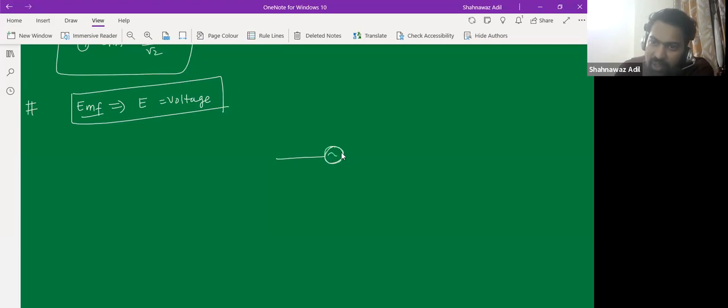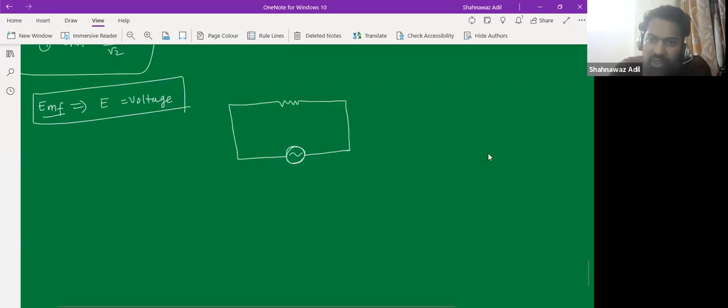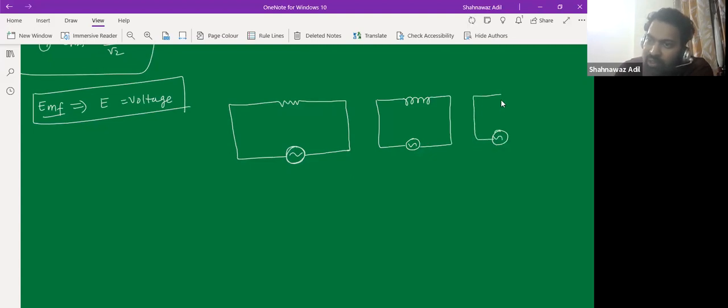If we have this supply voltage and we connect different circuits to it, so I will directly write the result. And if we connect, let's say, inductive circuit, and then if we connect capacitive circuit,